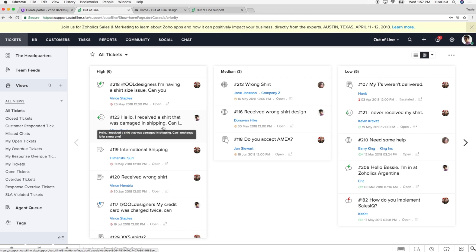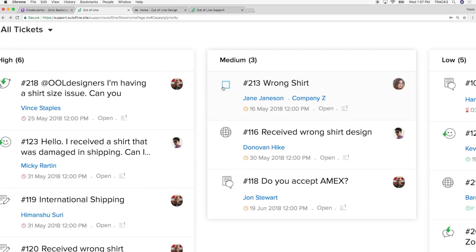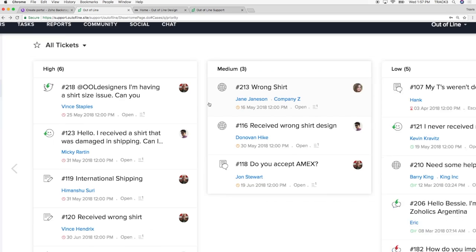And you can also see here, remember, it's multi-channel. So it would be very inconvenient if we have Desk and we have all these different tabs that you have to go to explore social media tickets only versus call tickets versus email tickets. That would not be a great way to use this, right? So we collate all that stuff in this one ticket screen, and we let you know where it's come from. So you can see this has come from a web form. See this little globe here, right there.